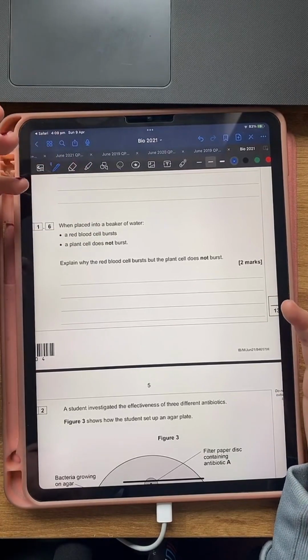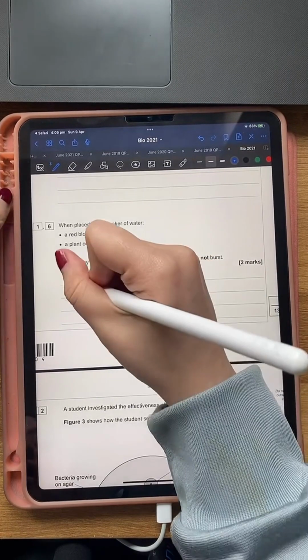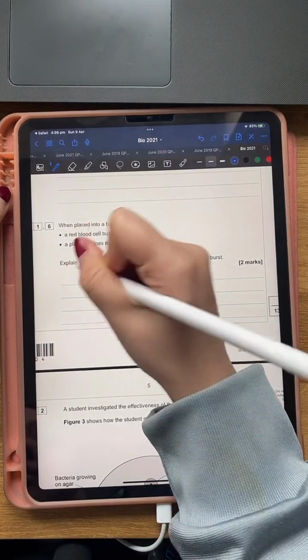A red blood cell does contain a cell membrane. Red blood cell carries oxygen. Yes, that's right. It does carry oxygen, but it has nothing to do with why it bursts. So in terms of why it bursts, you can say, firstly, it's in a beaker of water, which means when